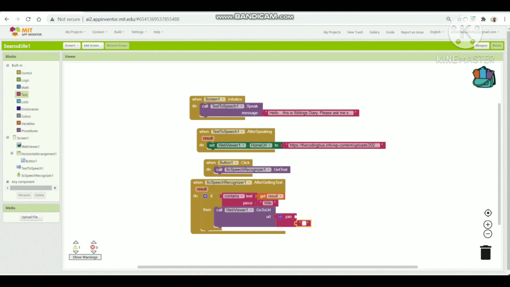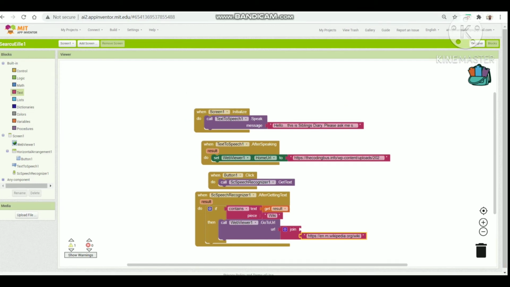So the link of Wikipedia will be in the description. So now copy that link of Wikipedia and paste here and join in the above one,